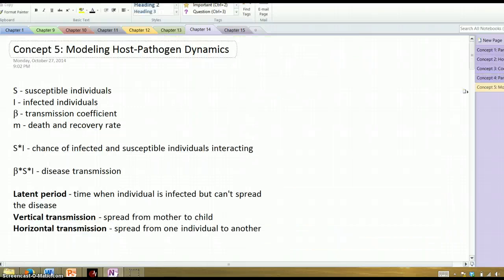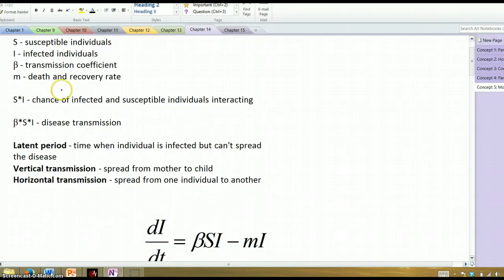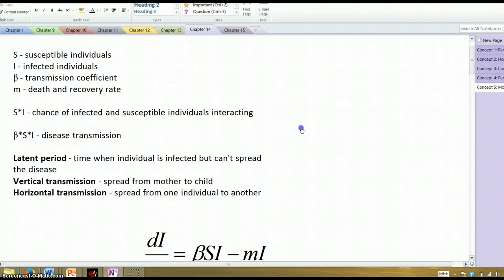All right, let's look at section 5. So here we're going to talk a bit about how we do some mathematical modeling of host pathogen dynamics. And so here are our variables: number of susceptible individuals, number of infected individuals, the transmission coefficient, that is how easily is it transmitted from one individual to the next, death and recovery rate, essentially the rate at which